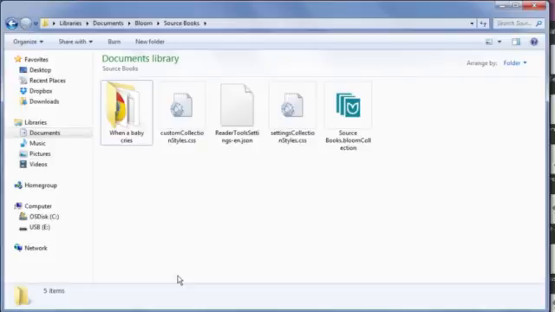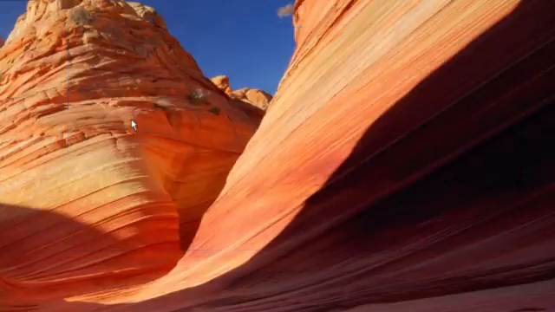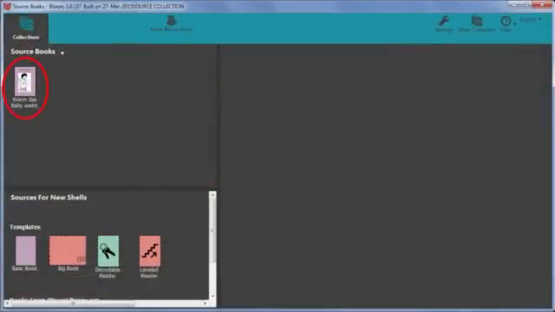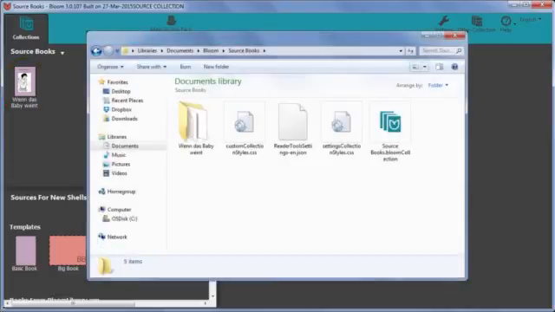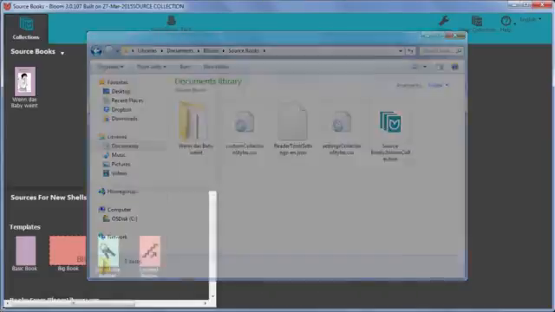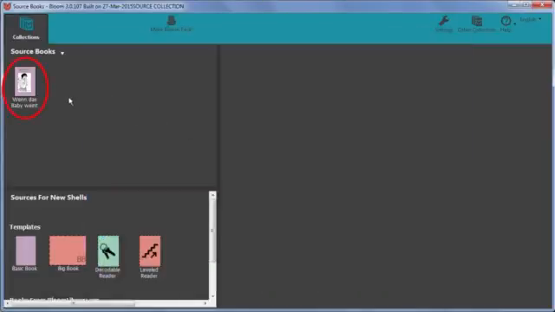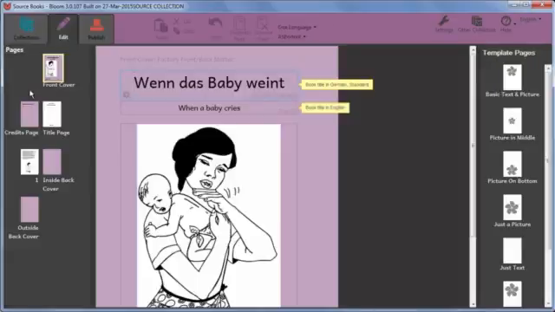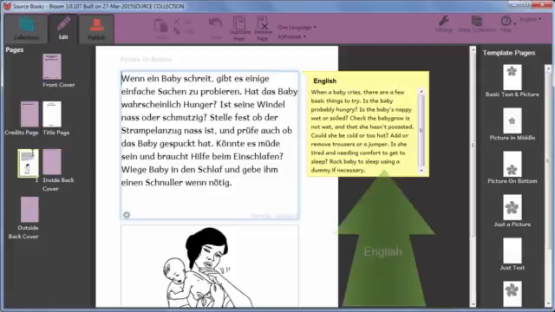On this computer, open Bloom and open the source collection which contains the updated book. Notice that the title is now displayed in German, and in Windows Explorer the book's folder name now uses the German title. Open the book to see that the additional language is now shown in a prompt box. Good, there it is.